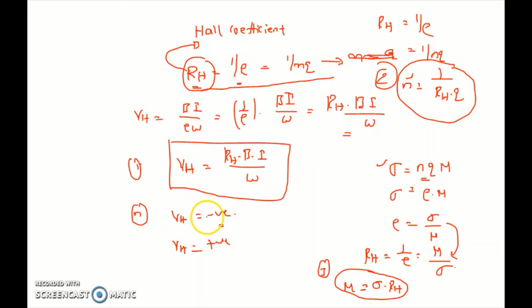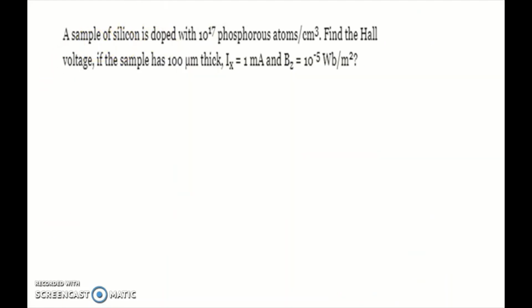That means with the help of the polarity of this Hall voltage, we can find the type of the extrinsic semiconductor. That is one of the major applications of the Hall effect. And the second application is that we can find the charge carrier concentration of the specimen. And the third one is that we can find the mobility of the charge carriers present in the specimen. So all these are the different applications of the Hall voltage. These applications are very important for the IES, Indian Engineering Services examination of the ENT, Electronics and Telecommunication branch.